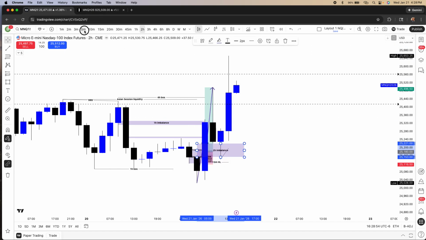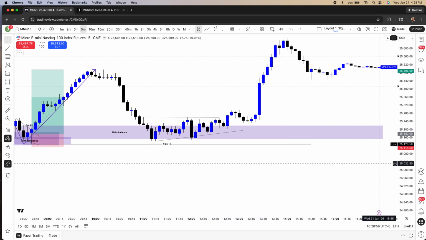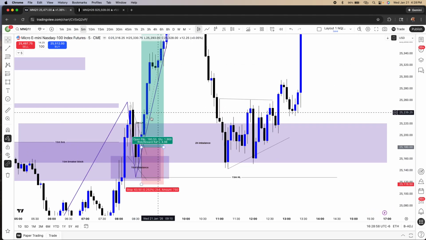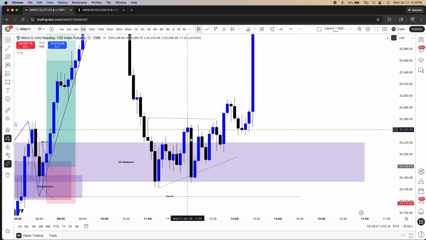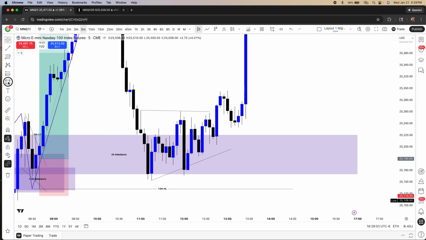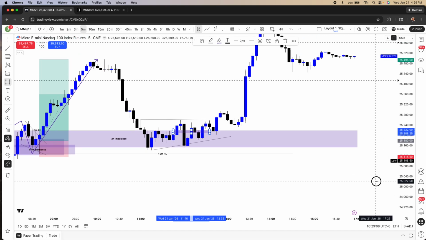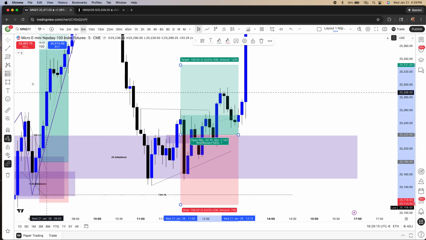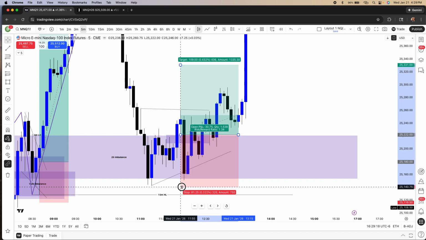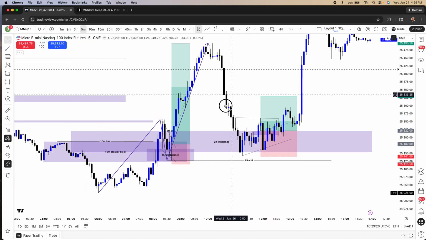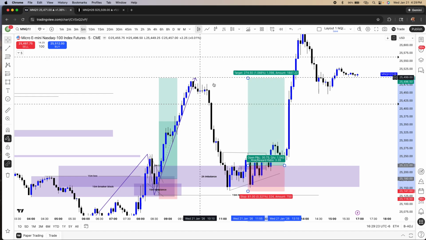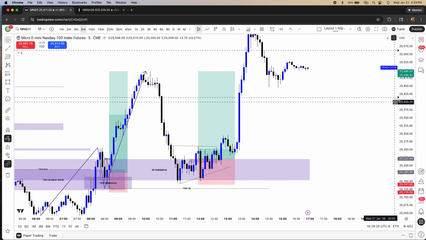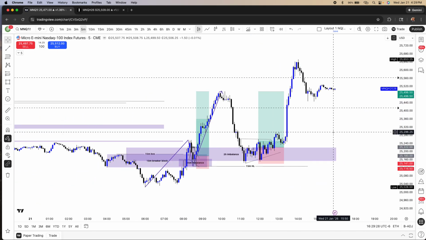So 2-hour imbalance, then we go down to maybe the 5 minute or something like that. We dip down into this 15-minute range. Now we're waiting to see bullish pressure. You can see we create a 5-minute bullish imbalance right here, which then tells me we could be heading back to the upside, and that would be your entry. If you're looking for buy, stop loss below the low, take profit wherever you plan on taking it to, and that's another 3.3R trade.